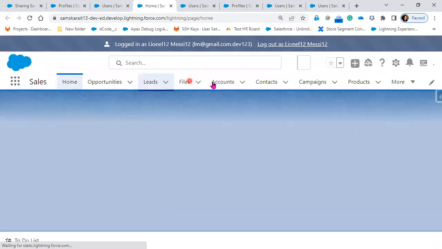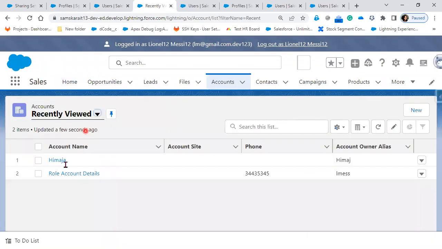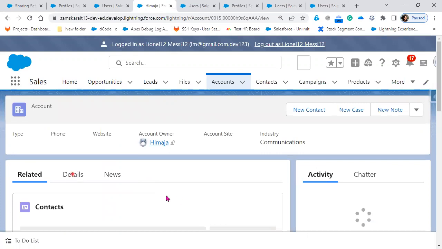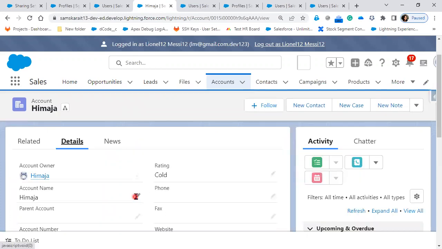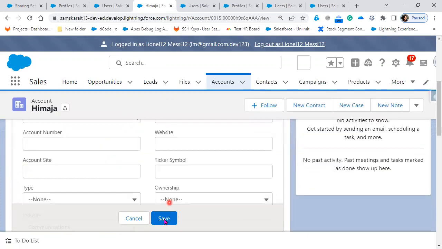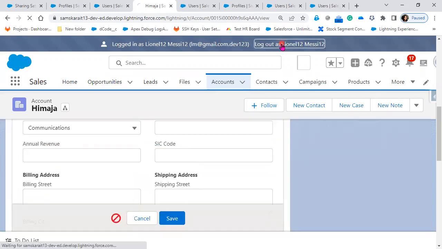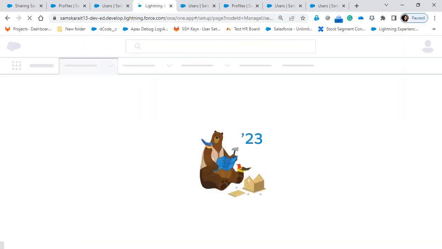So when I log in as Messi, click on an account. Now go to the Himaja record. Now this person is able to see the edit option, but he cannot update it. He cannot update because Himaja has shared the record with read only access. That means